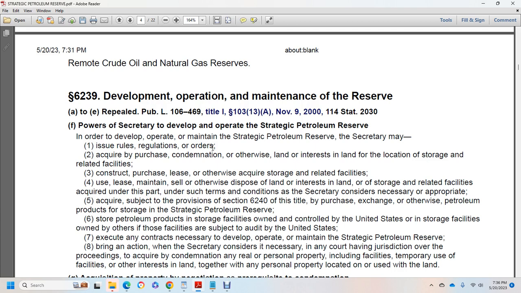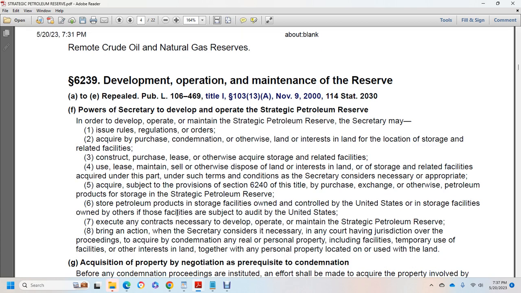Alright, powers of the Secretary. In order to develop, operate, and maintain the Strategic Petroleum Reserve, the Secretary may: (1) issue rules, regulations, and orders; (2) acquire by purchase, condemnation, or otherwise, land or interest in land for the location of storage and related facilities; (3) construct, purchase, lease, or otherwise acquire storage and related facilities; (4) use, lease, maintain, sell, or otherwise dispose of land or interest in land, and storage and related facilities acquired under this part, under such terms and conditions as the Secretary considers necessary or appropriate; (5) acquire, subject to the provisions of section 6240 of this title, by purchase, exchange, or otherwise, petroleum products to be stored in the Strategic Petroleum Reserve;